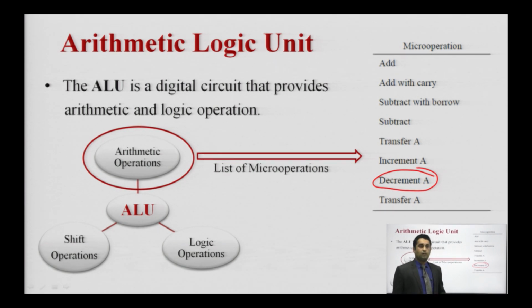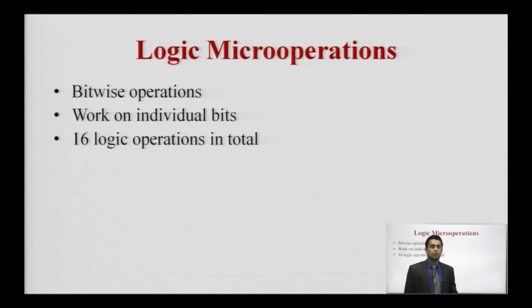So, in today's class, we will focus on the shift operations and logic operations of the ALU. In logic operations, we focus on bit-wise operations. It means if we have a number of 8 bits, then we perform an operation like negation. We perform another operation like XOR. So, the bit-wise operations are on 2 numbers, or complement in the case of one number, like negating it. These are AND, or this complement part. This is a part of the bitwise operations under the logic one.